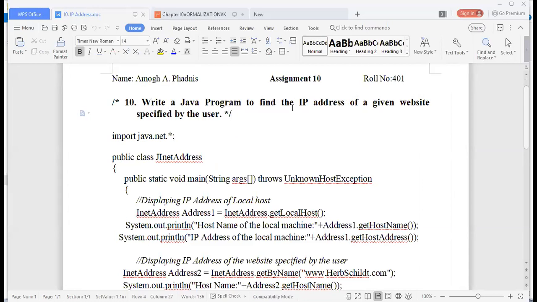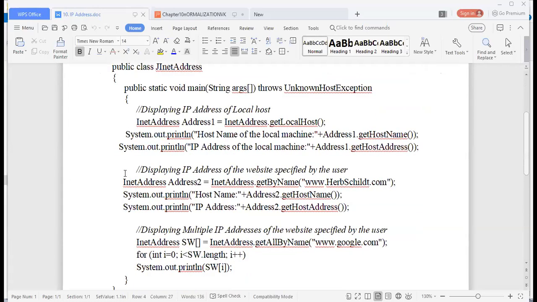So once it returns the InetAddress object, if we want to separate the IP address part from that, we can separate it. Otherwise, the actual program is only one small two-line program. It is like this: getByName. We have to pass any website name and just get this address and print that address. Only this is the journal program. But then this program will be too small, then the examiner may not be impressed.